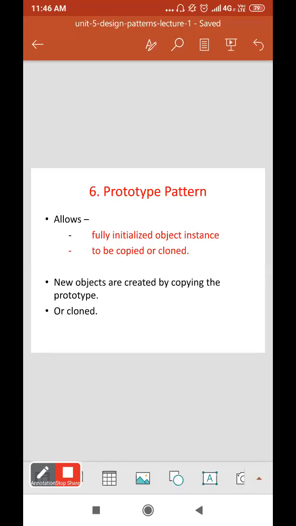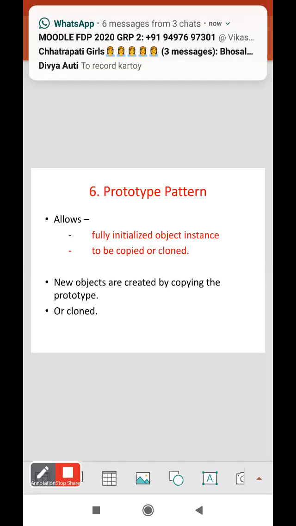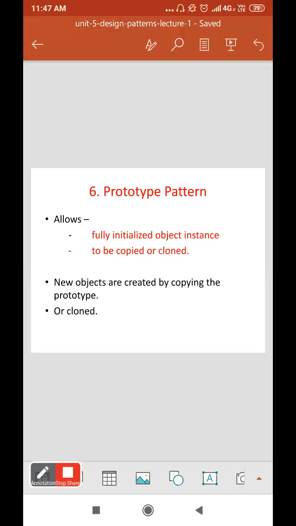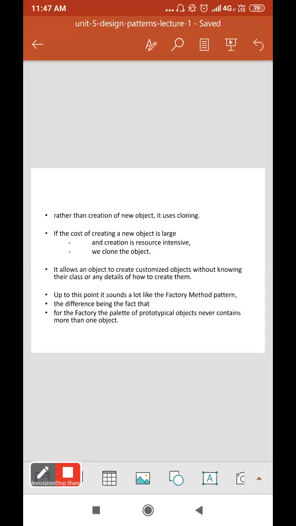We make a clone of it. New objects are created by copying the prototype or clone. Rather than creation of a new object, it uses cloning.